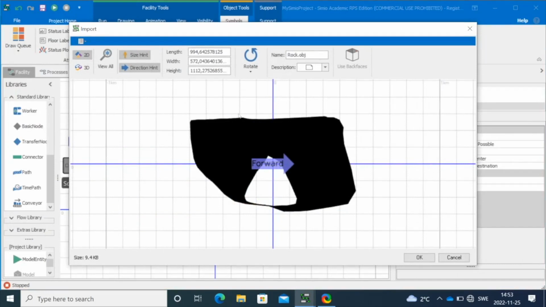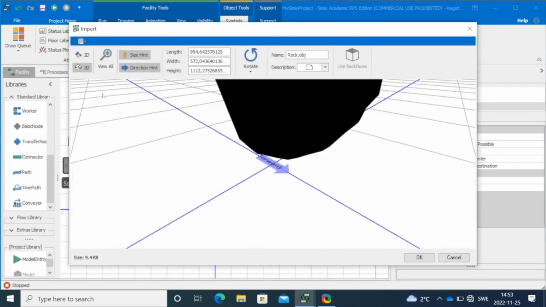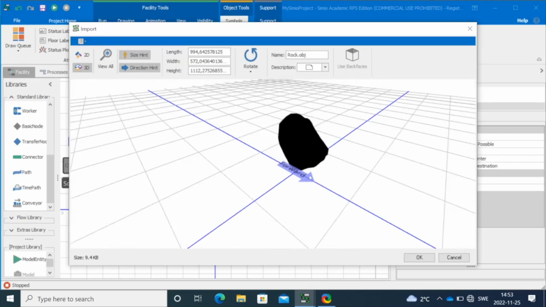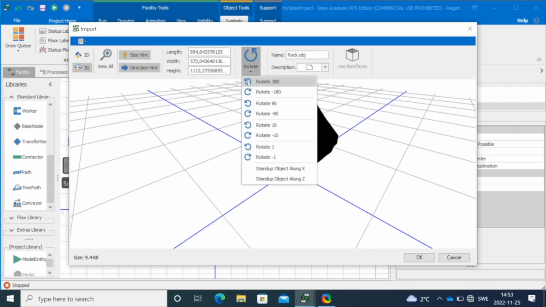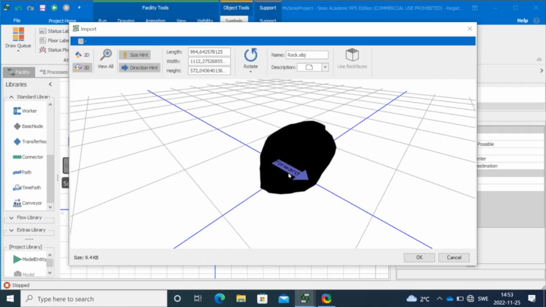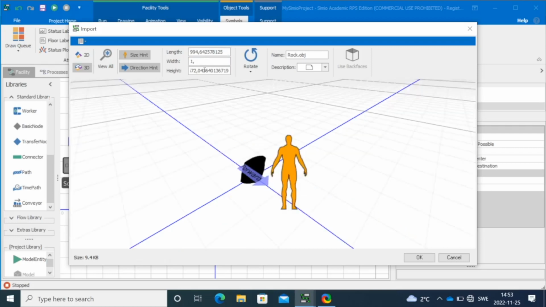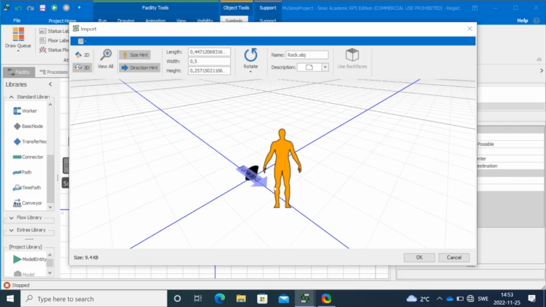When you import a 3D model like that, you get this view, 2-dimensional or 3-dimensional. You choose here on the left-hand side. This black thing is the rock. It has the shape. You can rotate it to make it look more like a rock. Its length is 994 meters, so more than 1 kilometer. The rock is more like an asteroid. So you can in fact change the width and the height. So I will make it half a meter larger and a little bit smaller,